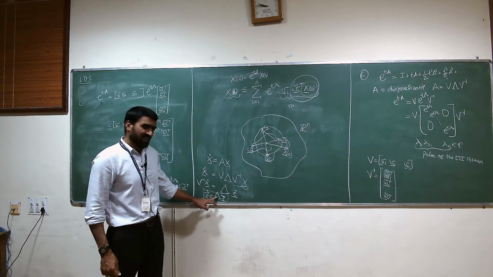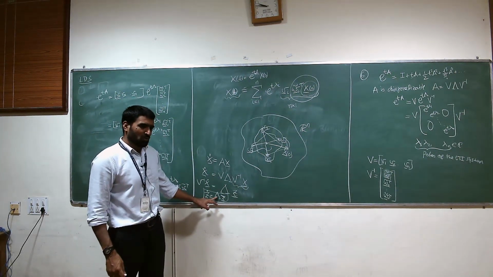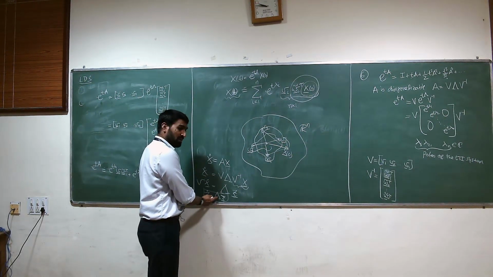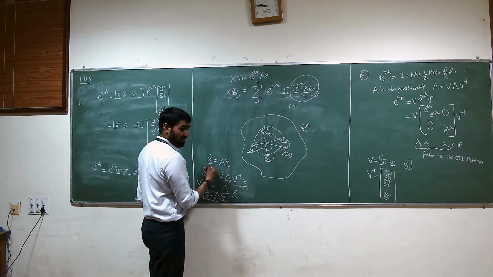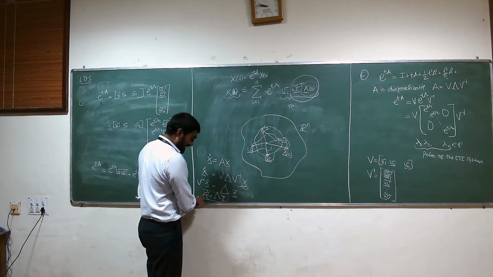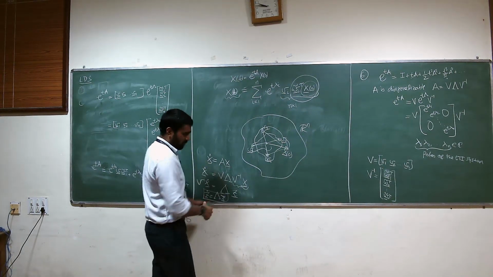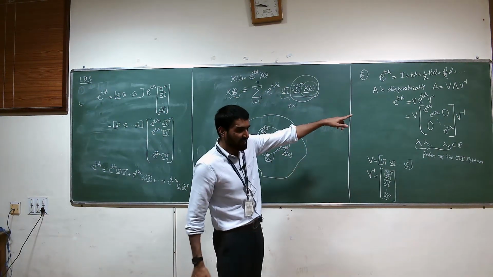And when you have a diagonal matrix like this, what does a diagonal matrix represent? If you have a diagonal matrix, it simply means that the set of equations that you have are decoupled. That means z1 dot only depends on z1. z2 dot only depends on z2. So in a sense, if A can be diagonalized,